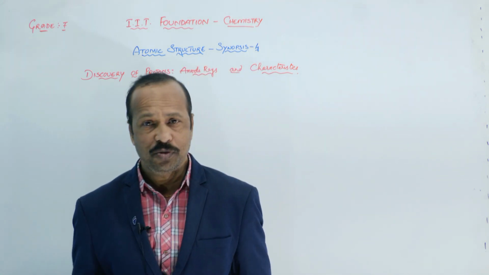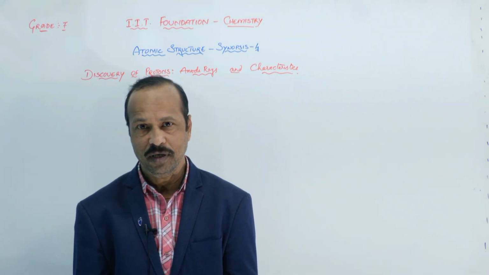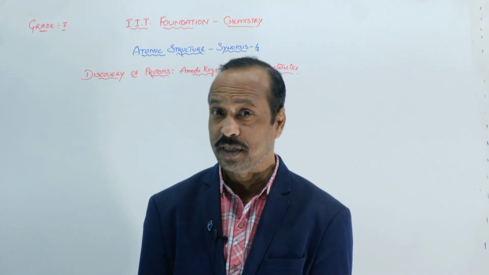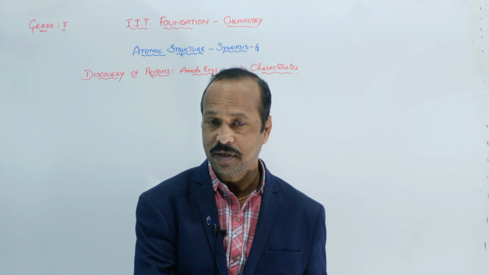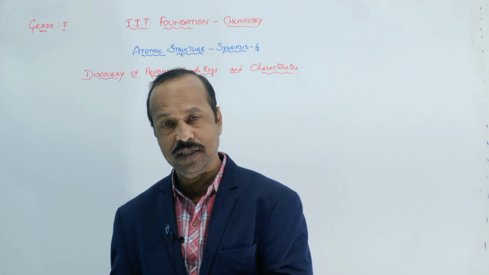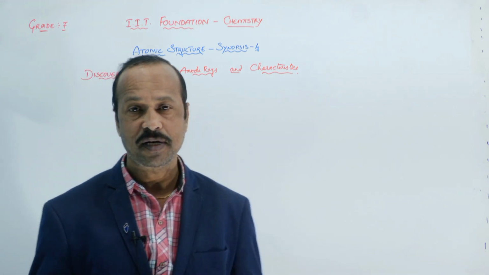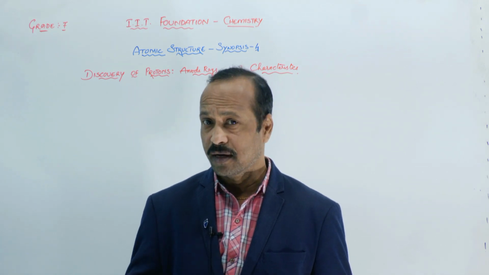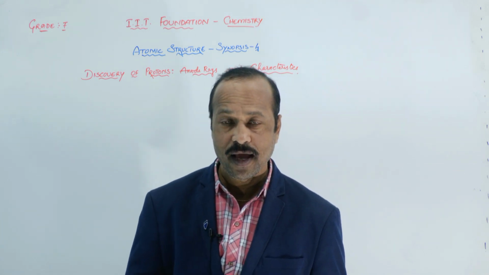In the 3rd synopsis, students, I explained about the cathode rays. How were the cathode rays discovered? Who discovered the cathode rays? J.J. Thomson, right? In the previous class, we discussed J.J. Thomson's discharge tube experiment. In that, J.J. Thomson discovered the cathode rays, and cathode rays are nothing but electrons. These are negatively charged particles, and they travel from cathode to anode. That's why they are called cathode rays, and they